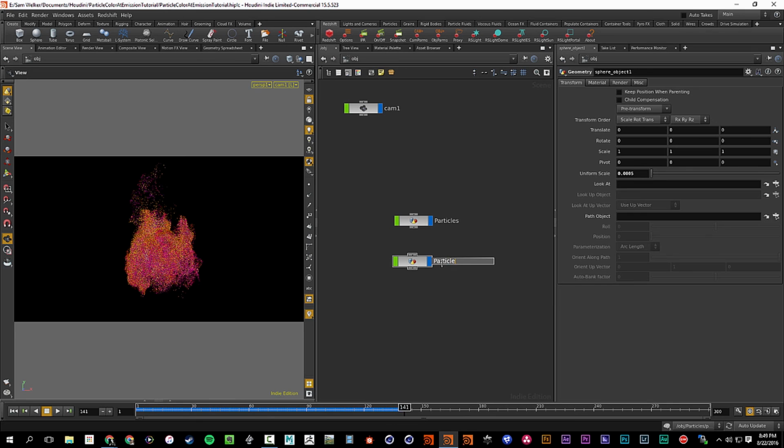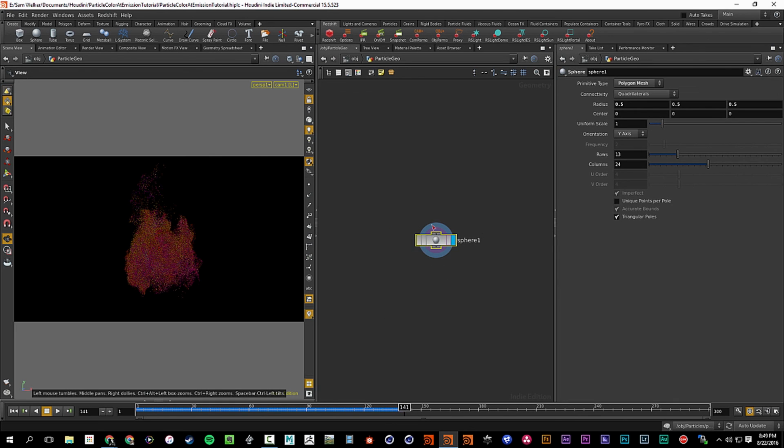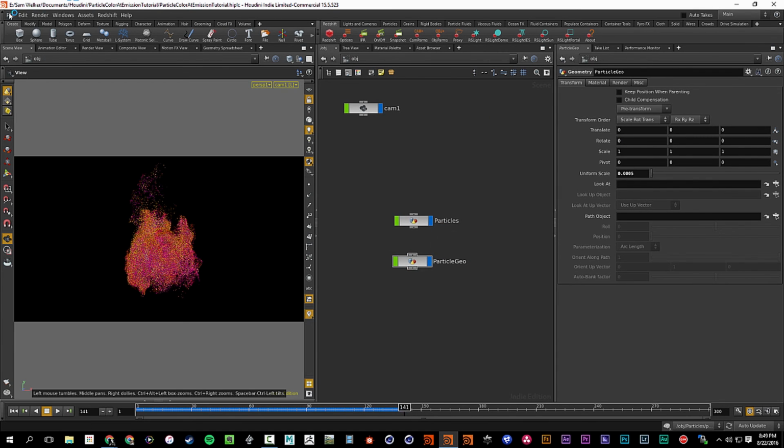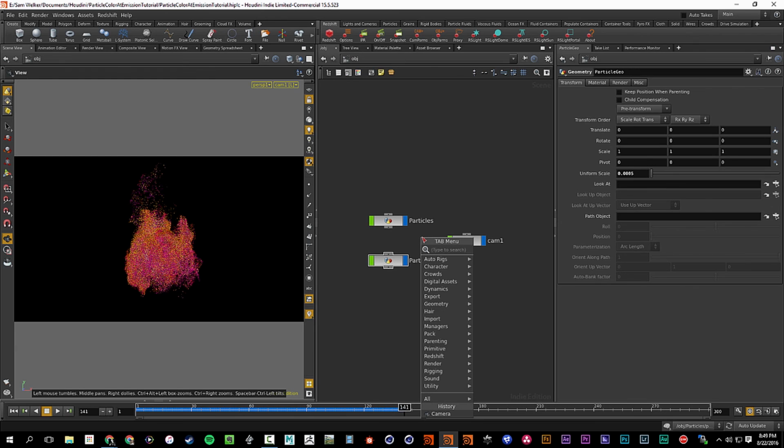We'll just call this particle geo. And then we're going to hit I while it's selected, or just double click on it to drop down into it. And we need to make sure that this is a polygon mesh or a polygon so it can be rendered. And I'm just going to set the polygon with a frequency of 2. So it's got enough geometry to look good as a particle, but not too much geometry to clog up the system. And the next thing we need to do is have an instance